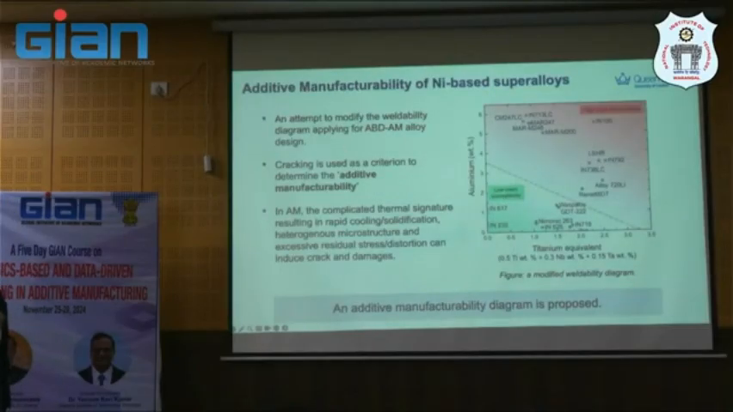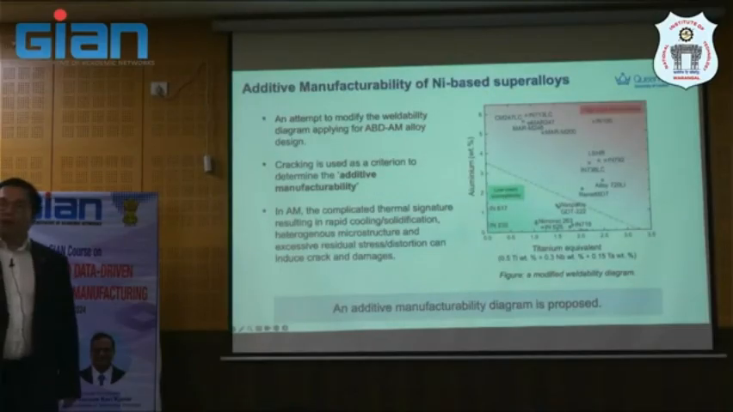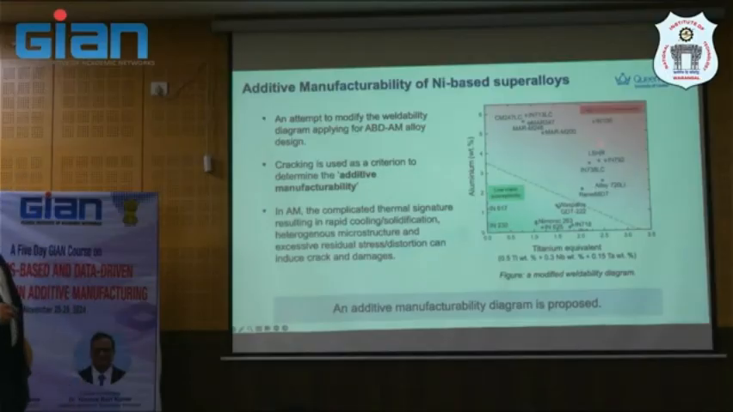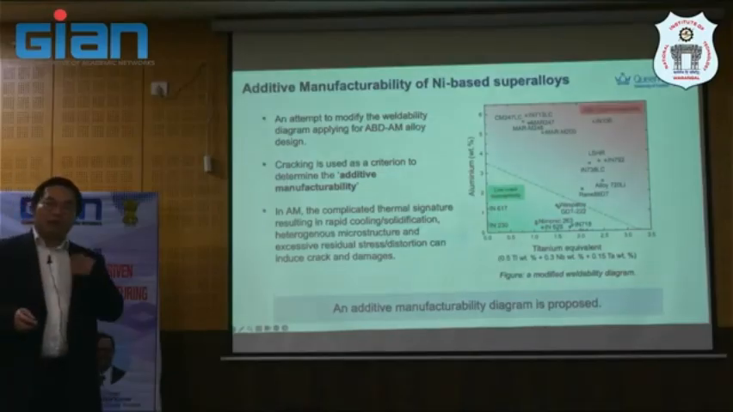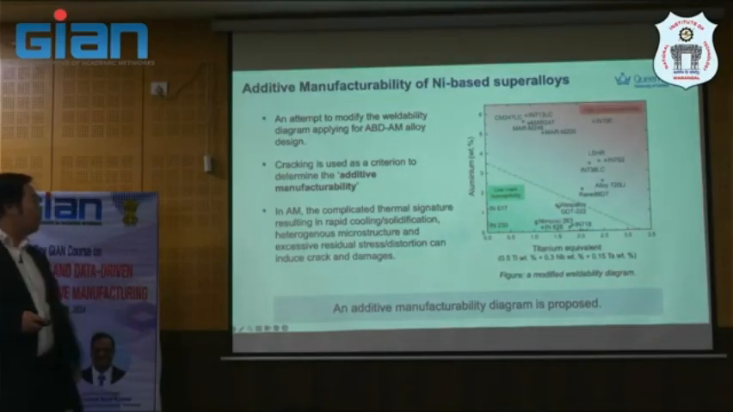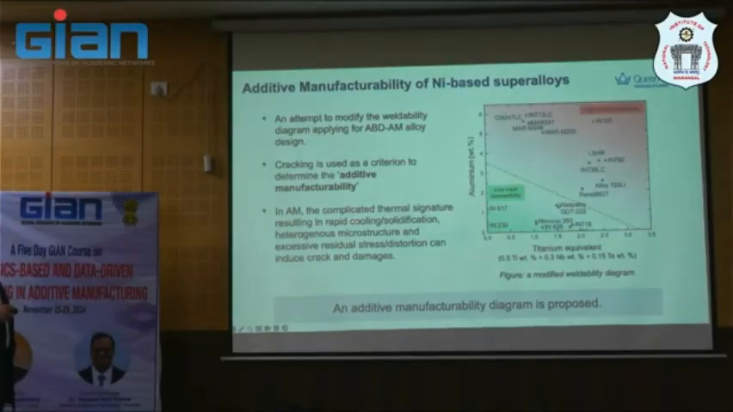And then we try to say that we want to use this diagram for additive manufacturing. That is the starting point of the link between composition and processing. And we call this criteria a cracking criteria, the criteria to determine manufacturability of the material. So we use this one to indicate